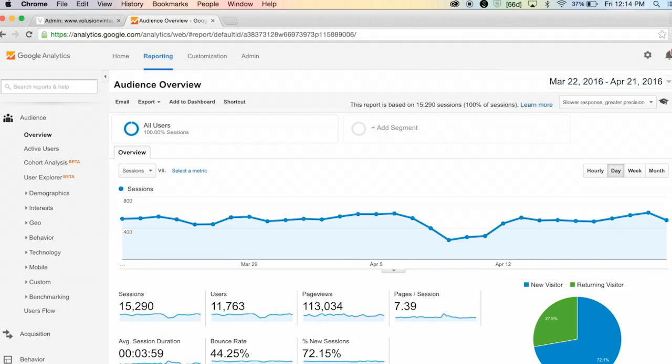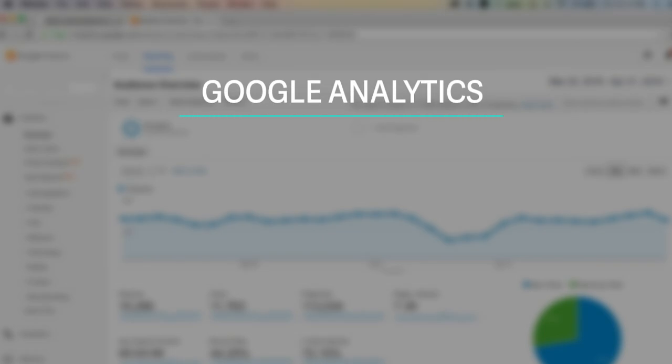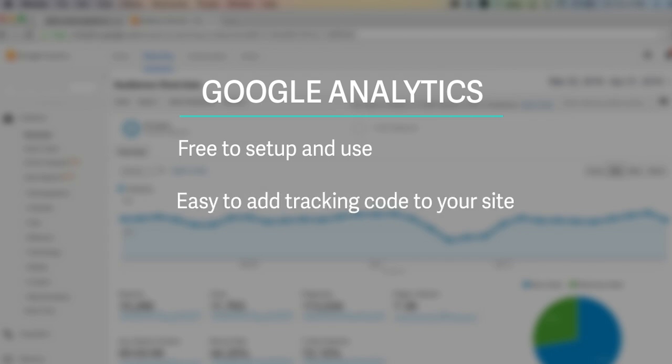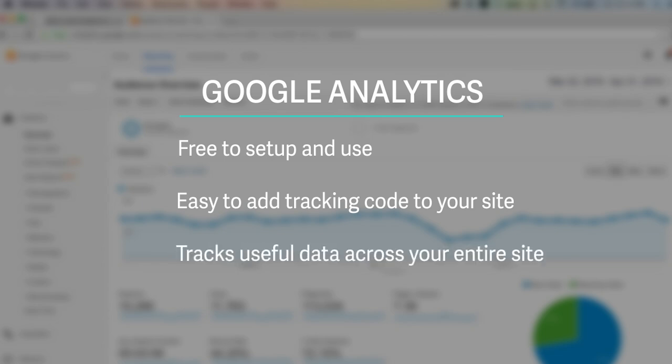So right now I'm logged into a Google Analytics account, which you can set up for free, and it's really easy to add Google Analytics to your website. They're just going to give you a tiny little piece of code that you copy and paste right into the head of your template. It's super duper easy, and then they'll start tracking all of the data that's going into